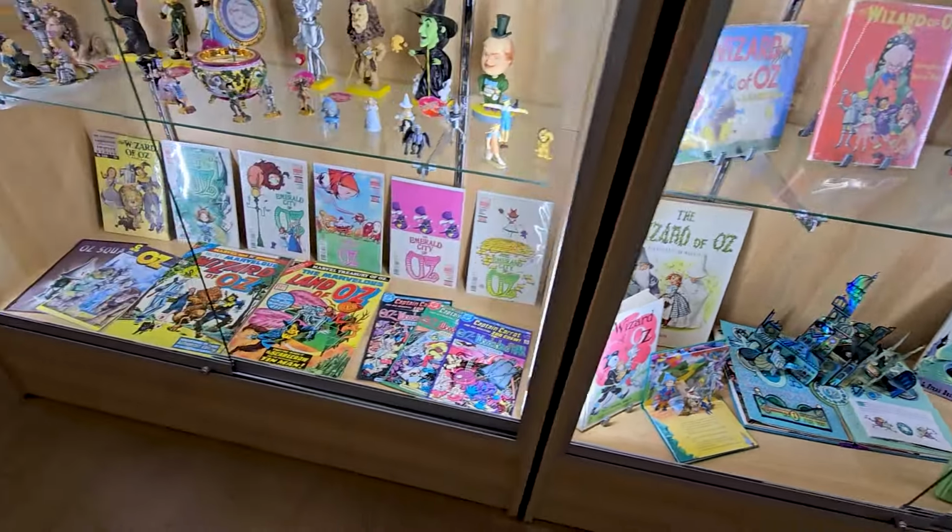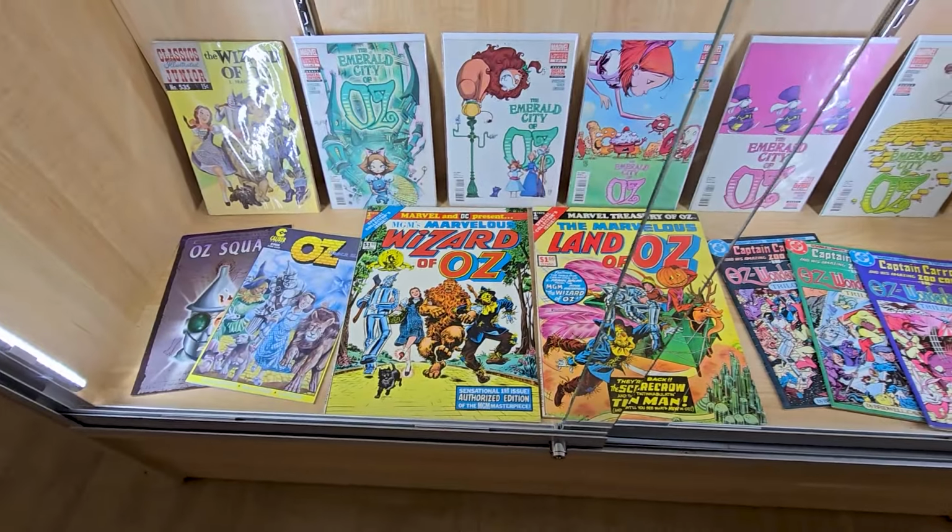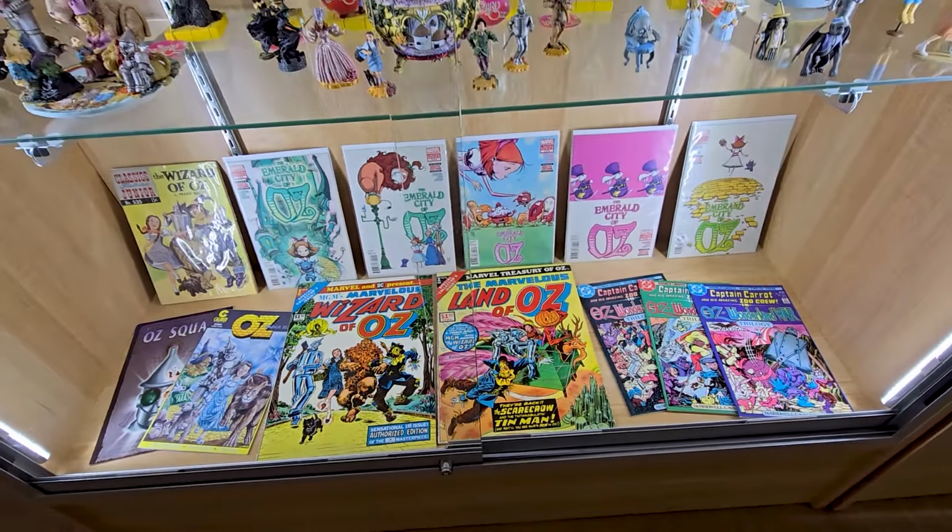They got some comics here too. Marvel and DC present The Marvelous Land of Oz and The Wizard of Oz. I really had that Wizard of Oz comics. Oh, this is the